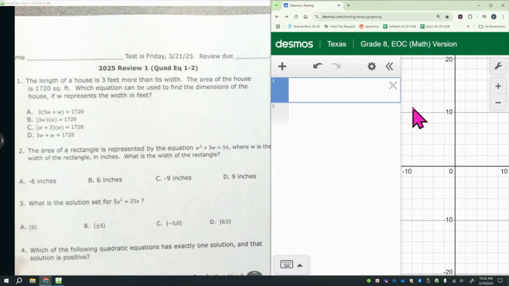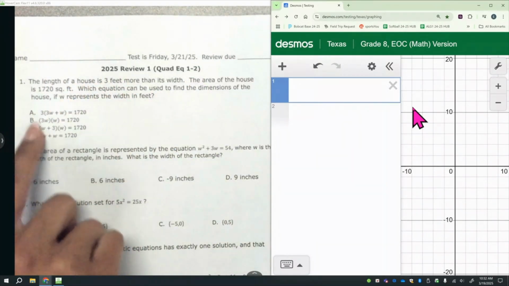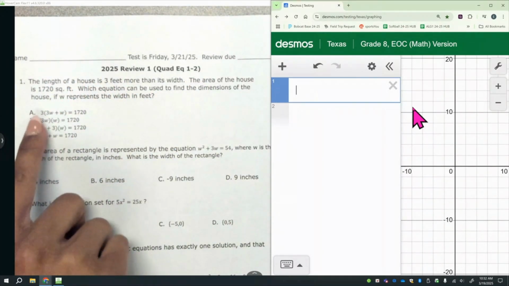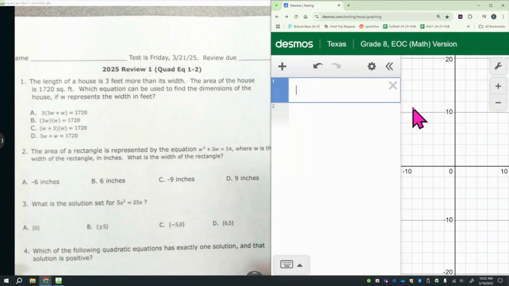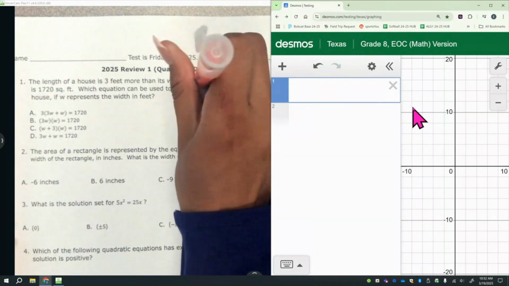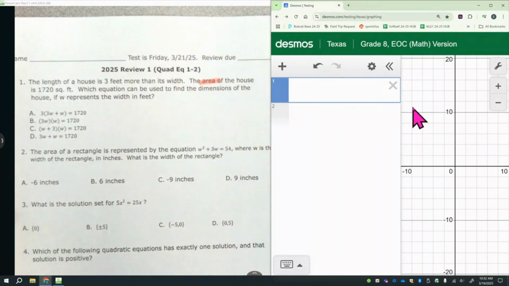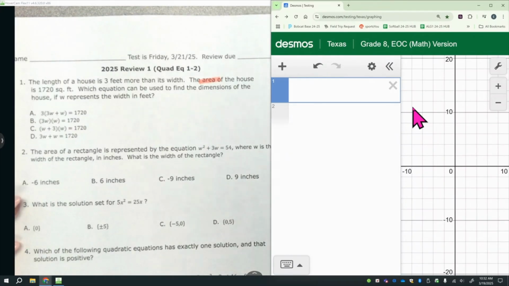So I am looking at my answer choices and I can see that I am only setting up an equation. I'm not solving for anything. So we're going to start by highlighting. I can see that we are talking about the area. So we are setting up an equation for area, which means